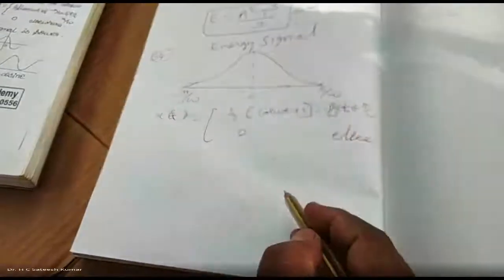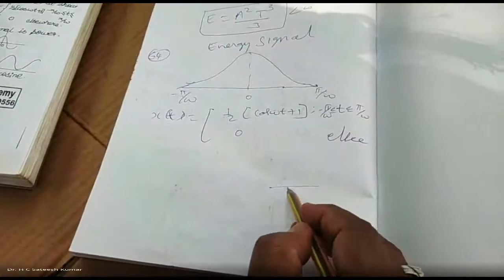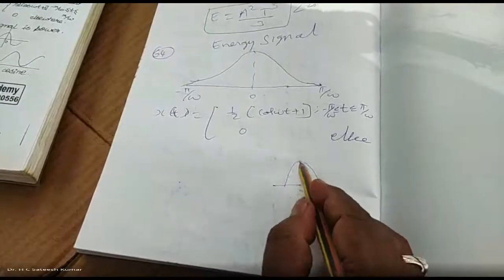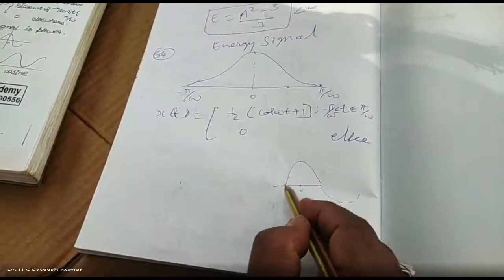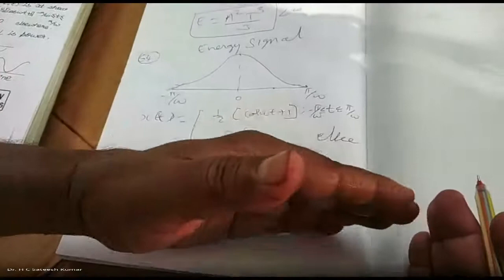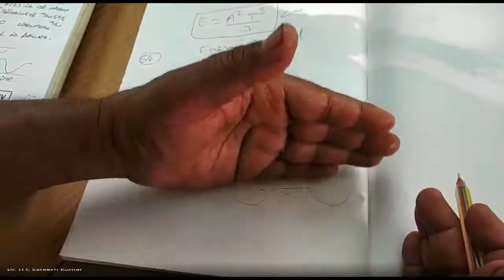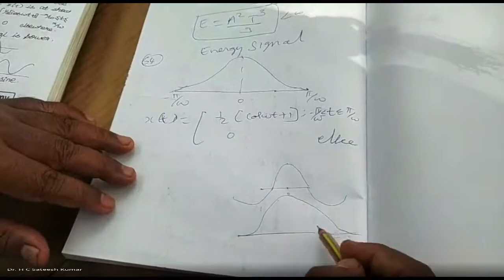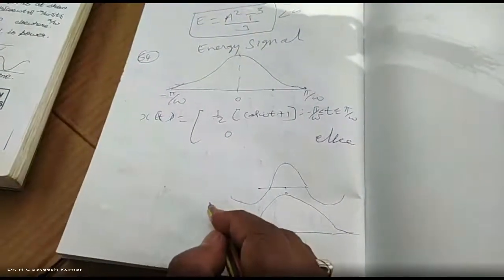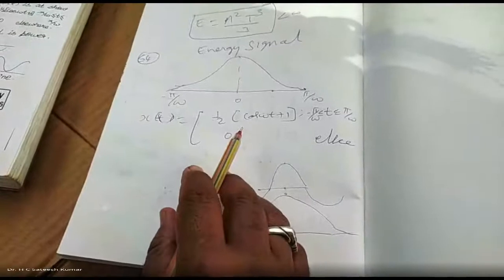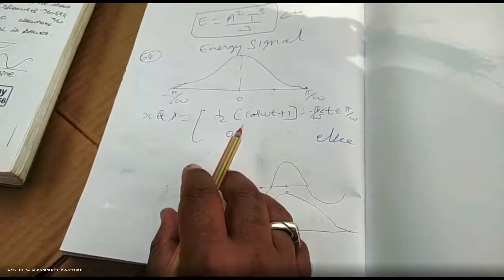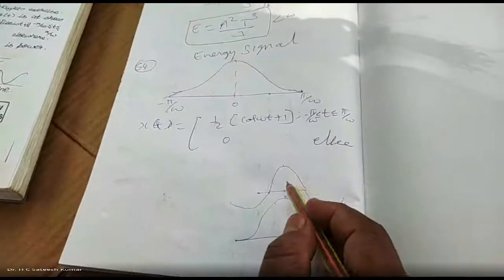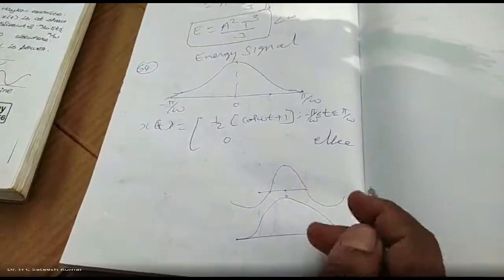Raised cosine means, you all know the cos value: cos will be something like this. At 0 it is the maximum value, its value is 1, cos 0, and the rest will be like this. Now what I do is add DC. If you add DC, it will rise this way. That's why we call it raised cosine. The raised cosine spectrum concept we use in 6th semester digital communication. So we call it the raised cosine spectrum because it is a raised cosine pulse.